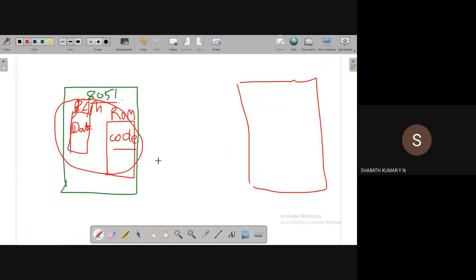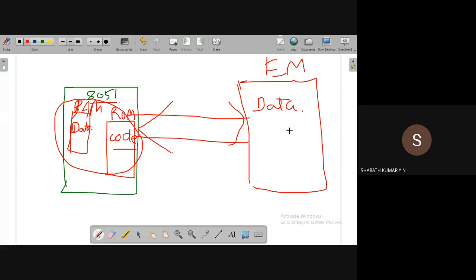So if the internal memory is not sufficient, then we go for external memory, which is interfaced to the microcontroller. This external memory is basically used to store both data as well as code. Now, this data and code stored in the external memory has to be accessed by the 8051 microcontroller. How does the 8051 access memory? Of course, this we'll discuss in a little more detail in our next topic after the pin diagram. This is just for information, just to understand this concept.